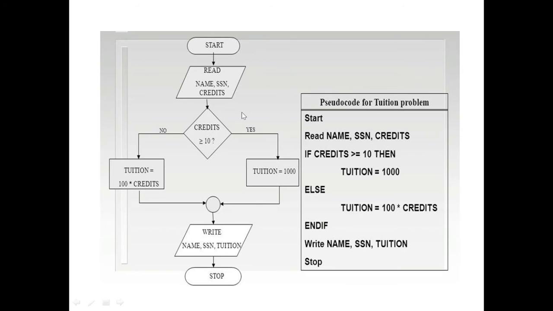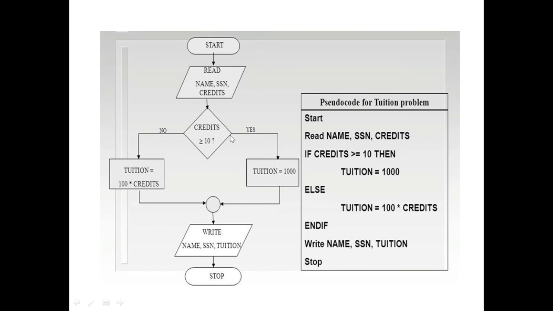So in this case, after my condition block, the diamond block, we have two courses of action. First is if the credit is not greater than or equal to 10, so we have a different arrow here, a different course of action. And also, if this condition is true, that is credit is greater than or equal to 10, then we have a different course of action here. Writing yes, no, true, false will be done on these arrows only, not inside the block.